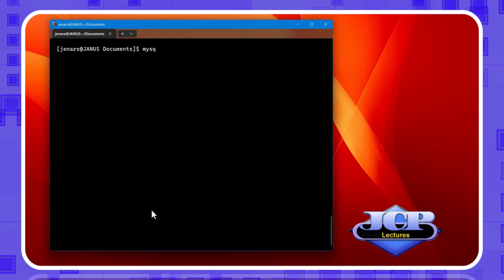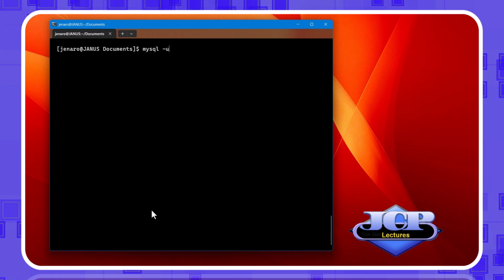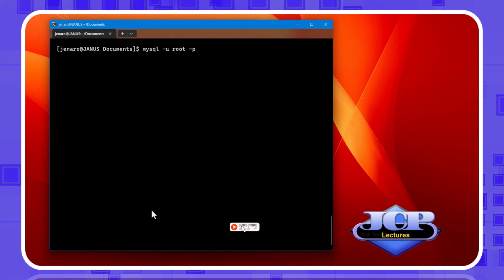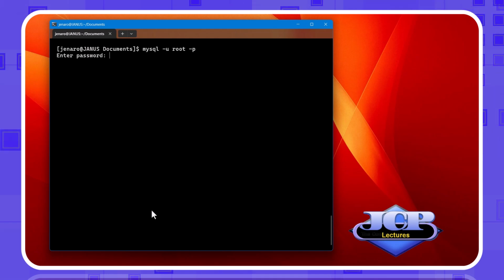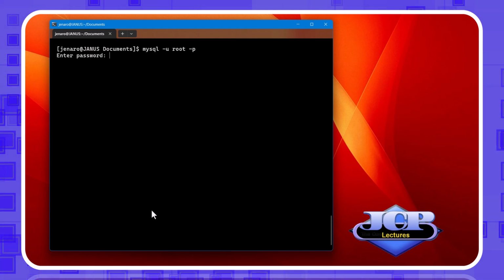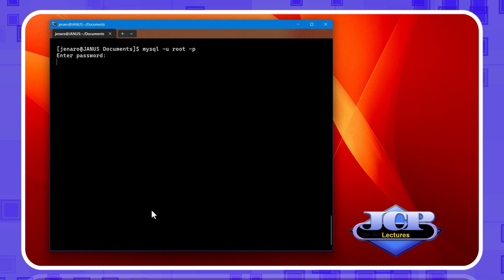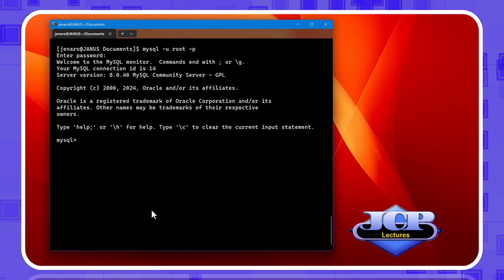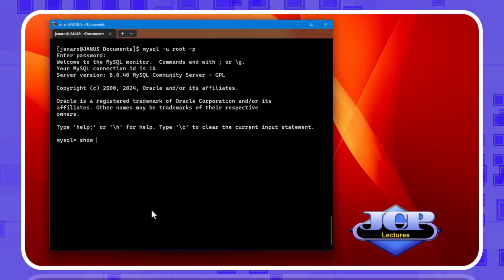Logging in as root for the first time. Provide its password. The MySQL prompt appears. We will run show databases.